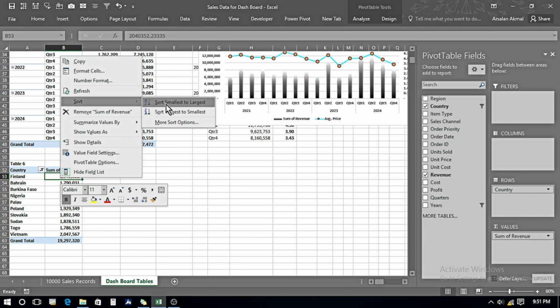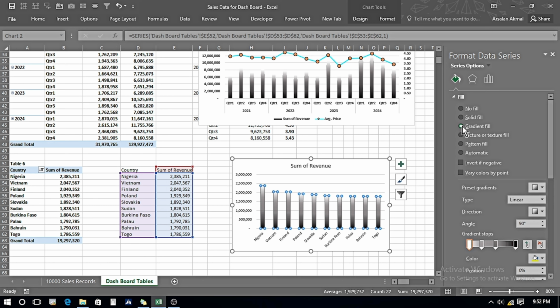Now I click on the bars, double click. It gives me an option. I just click once again to select all of the bars. In fill, I go with the gradient fill. Now it gives me the option that I've already selected, so I'm going to go with it. I'm fine with this option. I'm not going to make much of the changes. Click on the chart area, press Ctrl B to bold all of these.